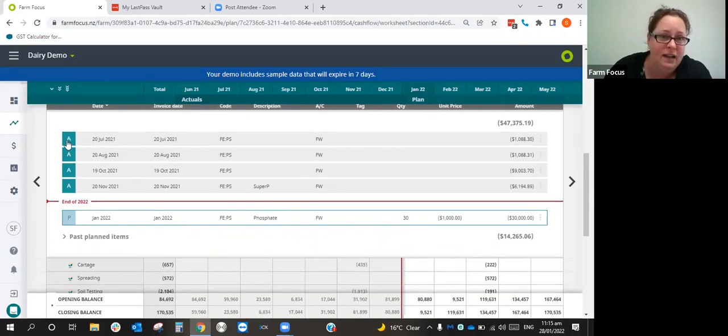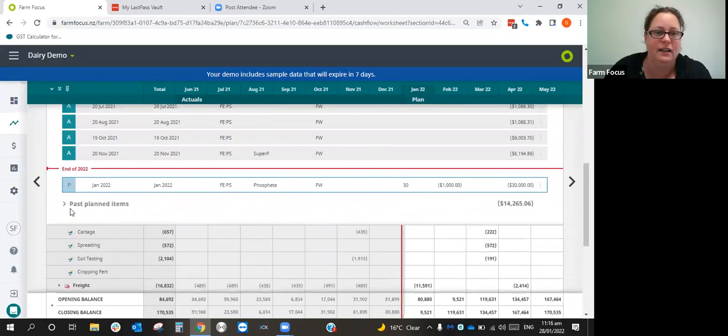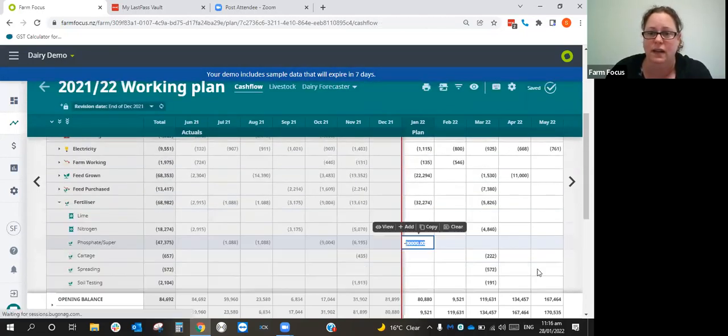So when it says A, it's actually happened, and a P is a plan. If you see something down in here, it says I, that means it's an invoice, because it's also picking up the invoices that are sitting on the left-hand side of your needs action screen. So I'm going to close that now and